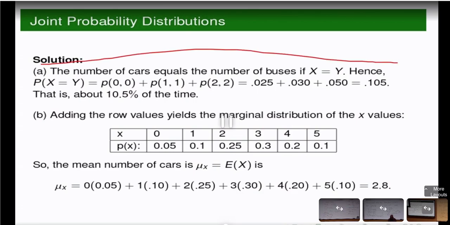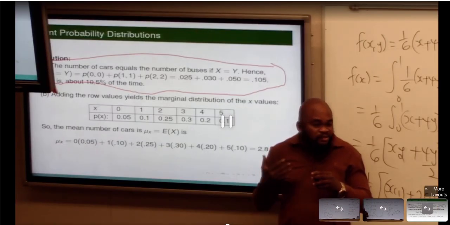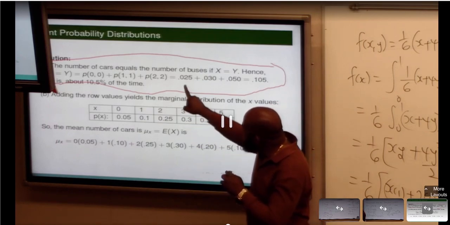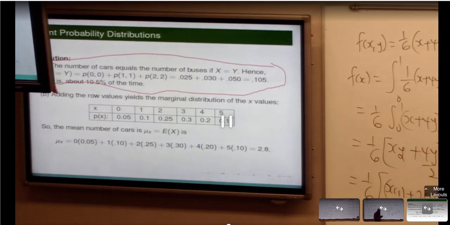Now, if I want to solve this question, that was why. Is there anyone who has trouble understanding this? What I'm adding is 0, 0, 1, 1, 2, 2. The last one is going to be 2, 2. It's not going to get to 3, 3 because of the state space of Y. Now, all I'm going to be looking for, the 0.025, is actually going to be the probability